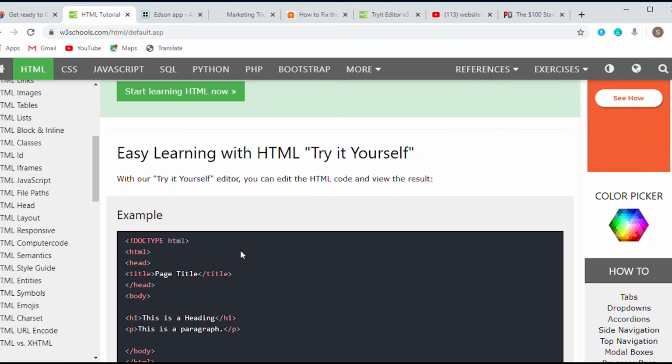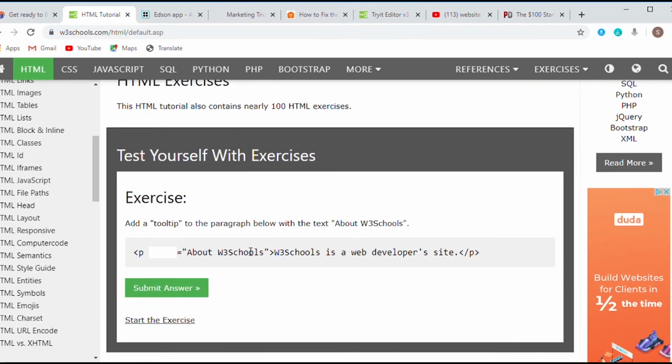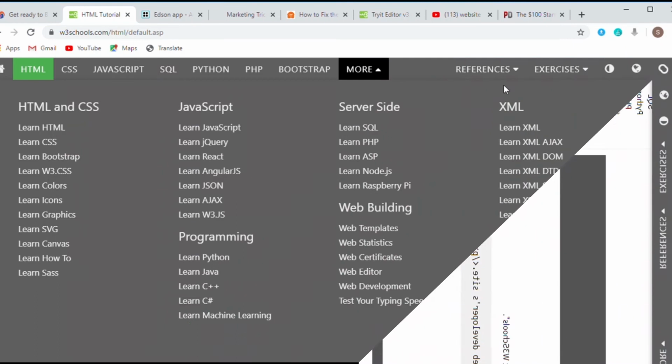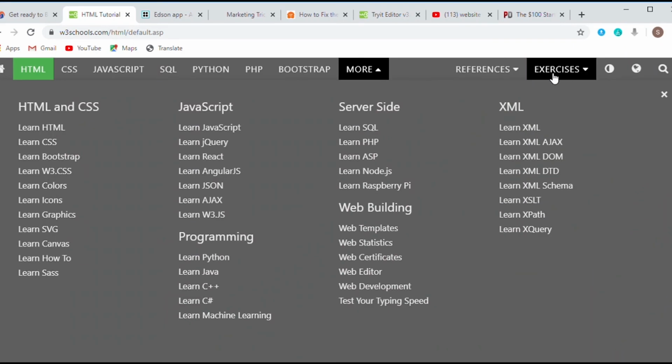It's really easy. And if you think you can go through their exercises, you can learn quite a lot of things here. You can learn quite a lot of stuff over here. So you have HTML and CSS, you have JavaScript right here, the programming right here, you have server-side right here, web building right here, XML right here, Bootstrap right here.